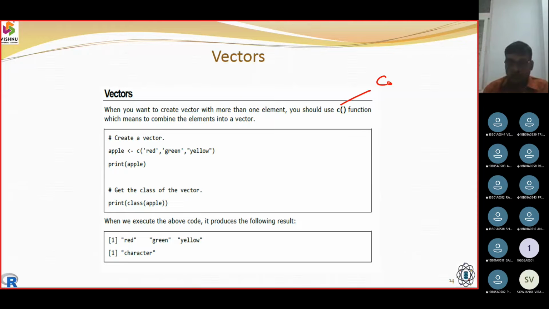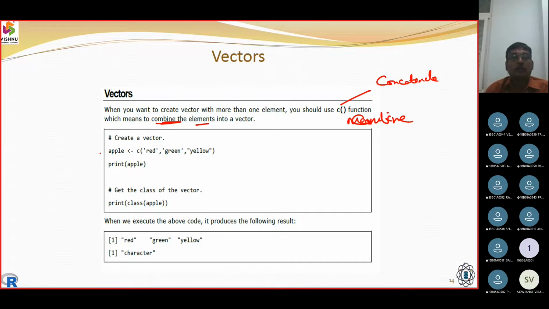We call it concatenate, and it is going to combine the items or the elements into vectors.